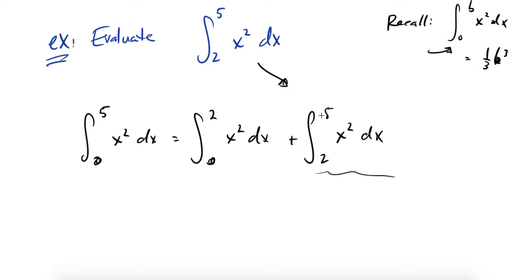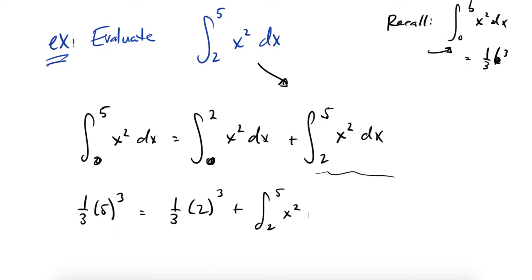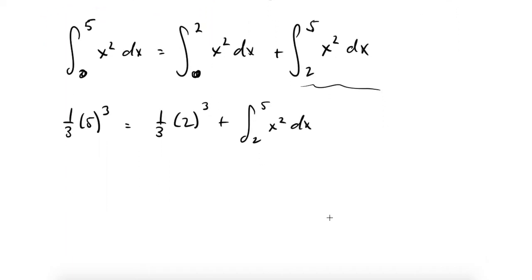Don't worry, soon we're going to get the fundamental theorem of calculus, which would tell us directly how to calculate this. But for now, we're just exploring the idea of a definite integral. So this is supposed to be 1/3 5 cubed, according to our theorem. This one is supposed to be 1/3 2 cubed, and then this is the one we don't know. So doing some quick algebra, we can move that 1/3 2 cubed, and it will tell us that this integral should be equal to